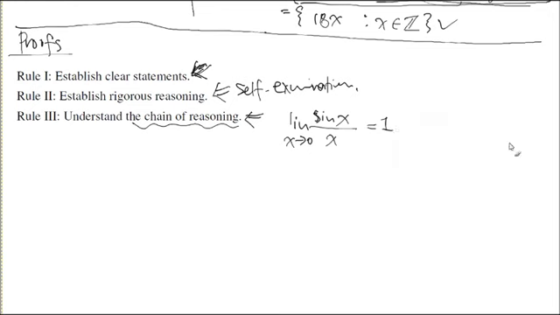Because this is a fundamental fact in the differential calculus. Almost every trigonometric fact about the differential calculus is based on this fact. And L'Hopital, taking the derivative and everything, they're all based on this fact. So if you use L'Hopital's rule to prove this fact, that's not a proof. But that will be a correct calculation. So when you prove it, you have to understand this type of chain of reasoning.